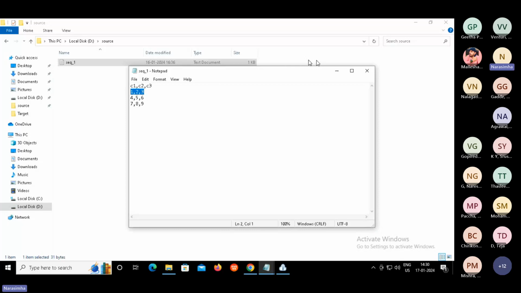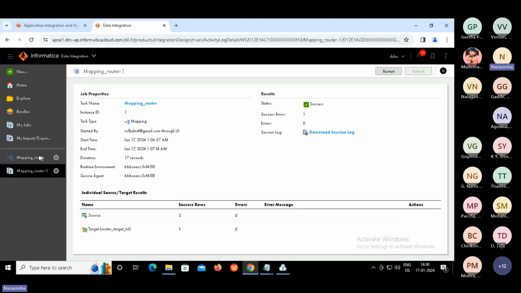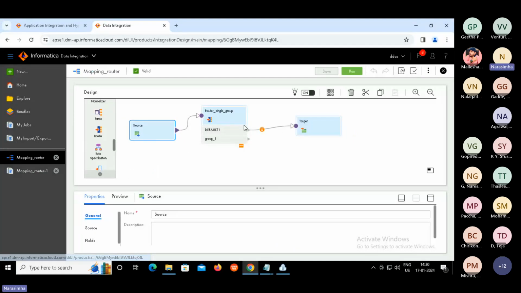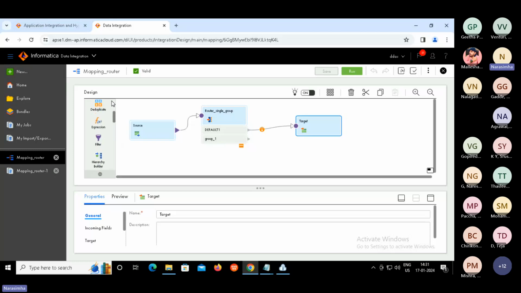Default group. Because this mapping maps to what? Default output. That's why we got default data here. Remember that. Now, how to get this custom group result in the target? That's a question, right? Yes or no?